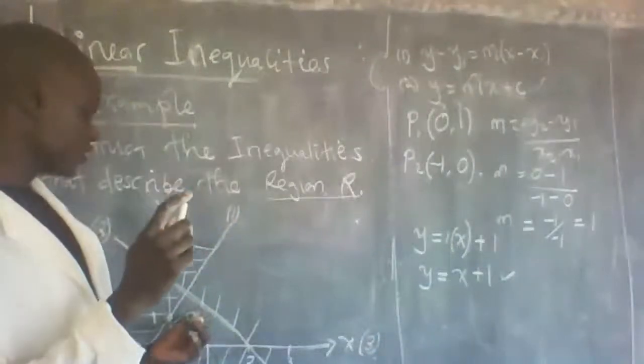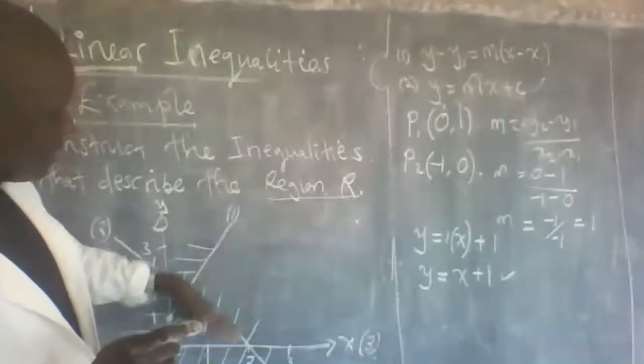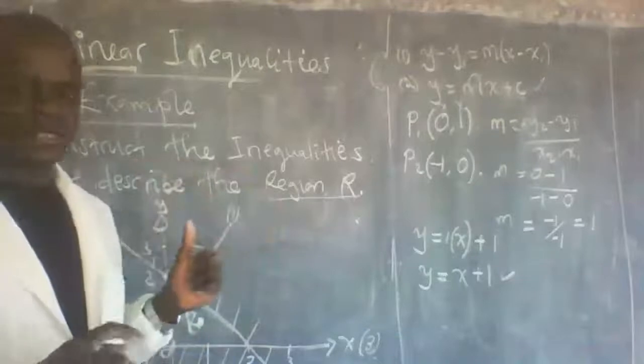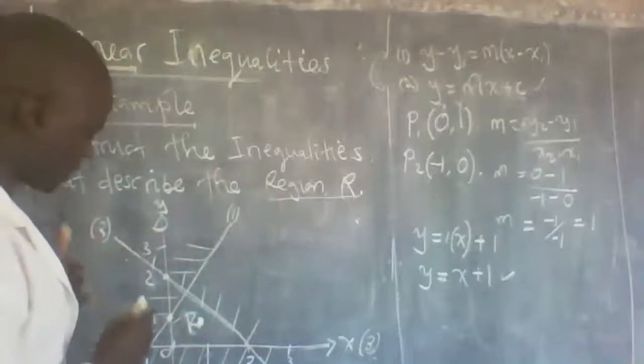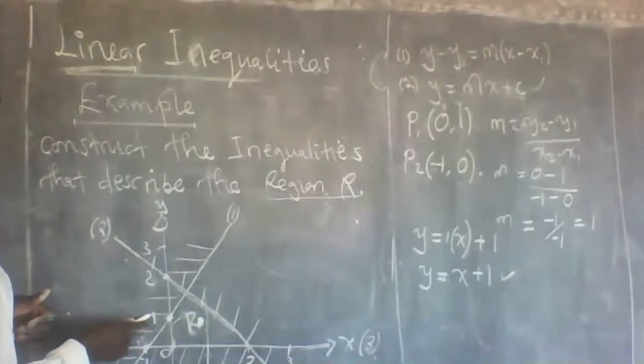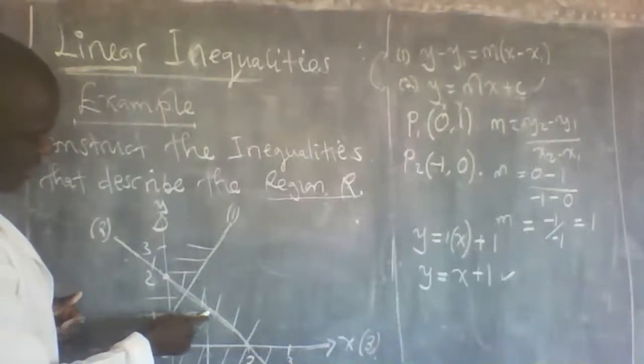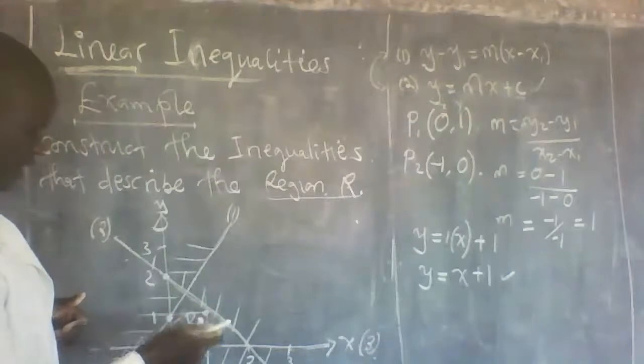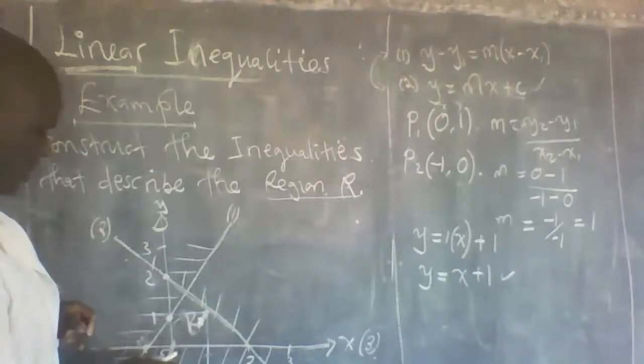That point is going to be used to test the inequalities that were used for drawing all these lines. According to my judgment, this is one here, this is also one, they are meeting somewhere here. Okay, they're also meeting somewhere here. Therefore,